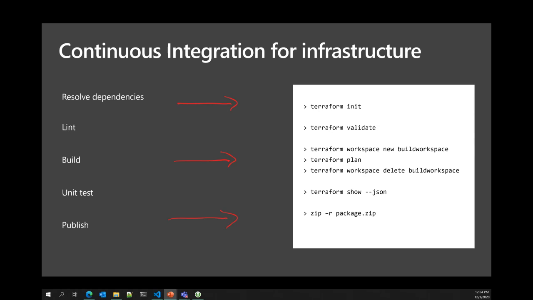Before, we validated that the code itself is valid, that we didn't misplace a comma or put a closing brace in the wrong place. Now we want to validate whether that code can actually be consumed by the target cloud provider we're trying to run it on, and whether it can actually turn that code into resources running on that platform.